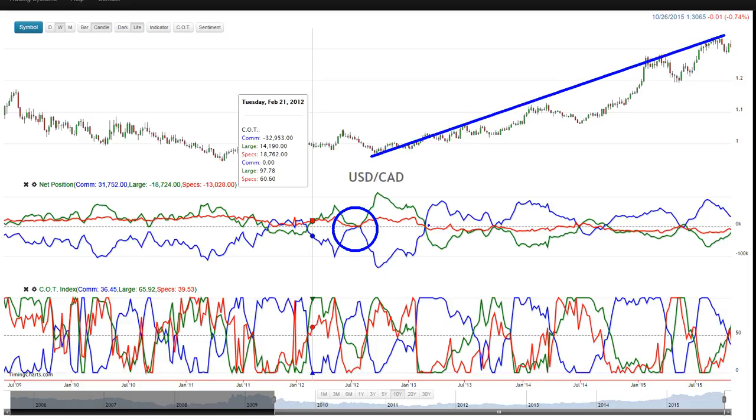You can see how it crossed here. Large speculators were shorting, and commercial kind of zigzagging, thinking there was a turn here,